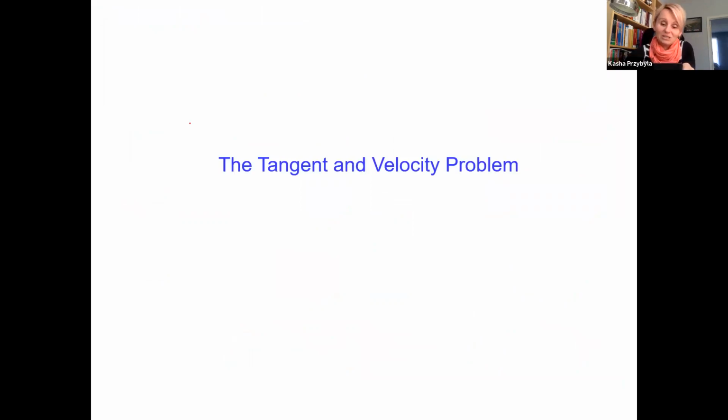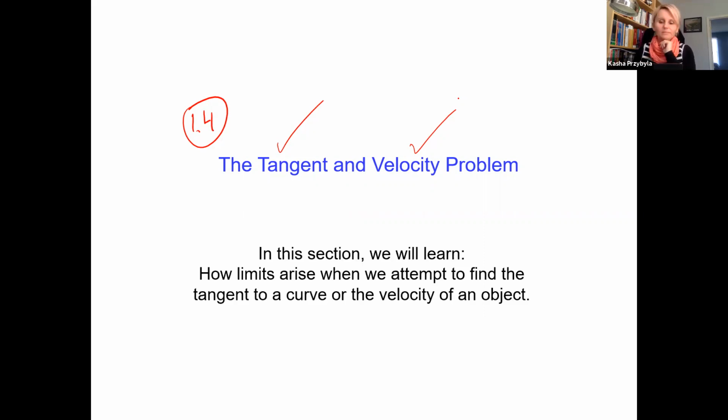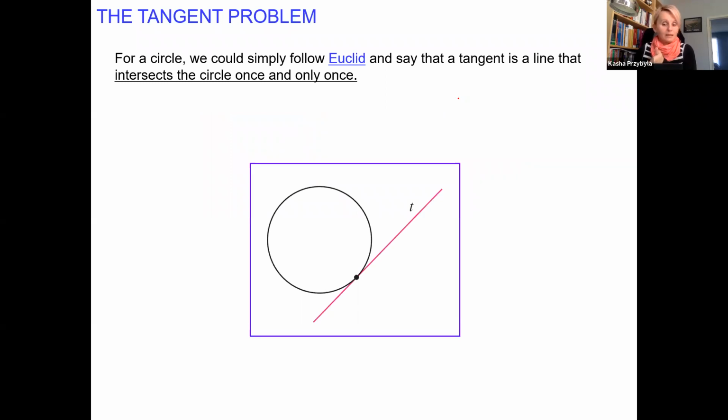This is actually section 1.4, tangent and the velocity problem, which I kind of covered, because you understand the tangent line and you know what velocity, what speed we're looking for. We're looking at that moment, not the average. Let's go through my slides. You can see we just said this. One of the mathematicians, of course, extremely important,